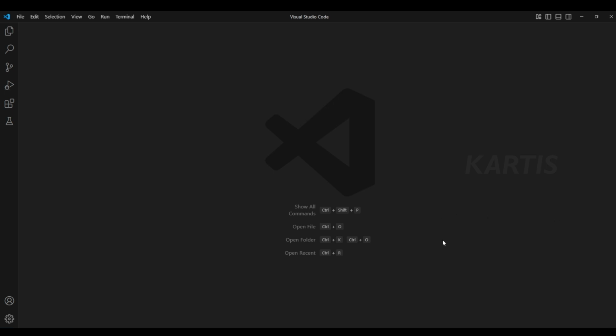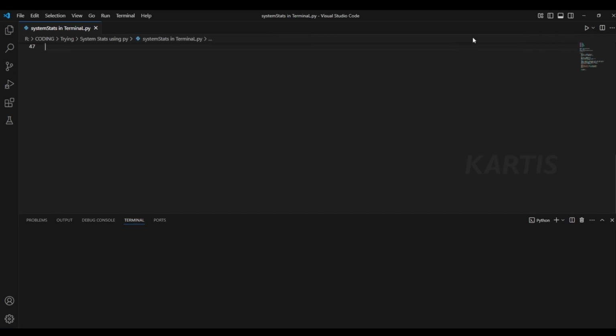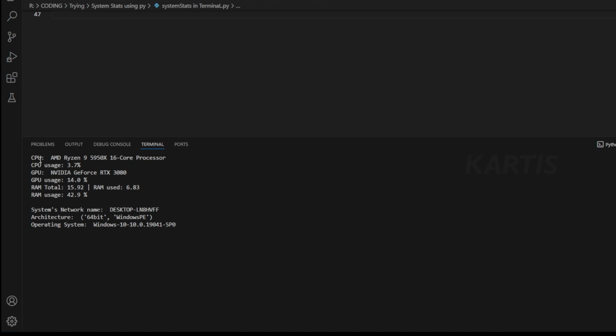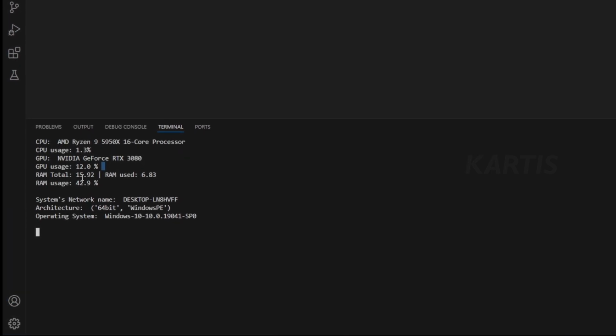Hello guys, welcome back to another tutorial. This video is gonna be something special because we are gonna learn how to create system stats which we are going to display in our terminal. You can see we have the CPU name, GPU name and the CPU usage which is updating dynamically in the